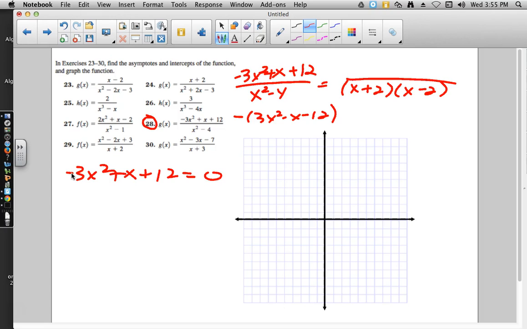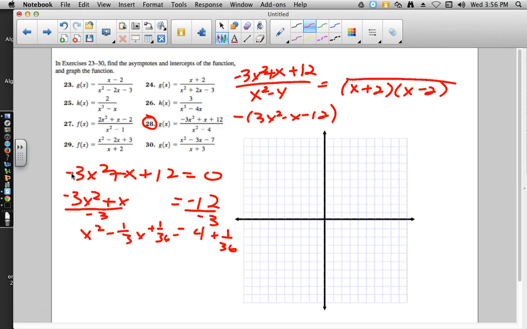and complete the square. So first thing we want to do is move that 12 over, so subtract 12, then divide everything by -3, and we will get x squared minus 1/3 x equals 4. Next thing is our b over 2 squared. So 1/3 divided by 2 is the same thing as 1/3 times 1/2, which would be 1/6, negative 1/6. And then we'd square it, and we would add 1/36 to both sides. So now this becomes x minus b over 2, negative 1/3 times 1/2 is 1/6 squared equals 4 plus 1/36,